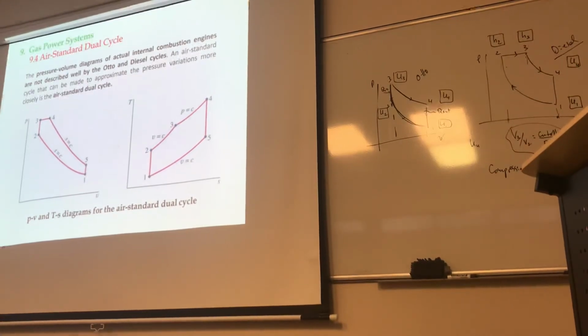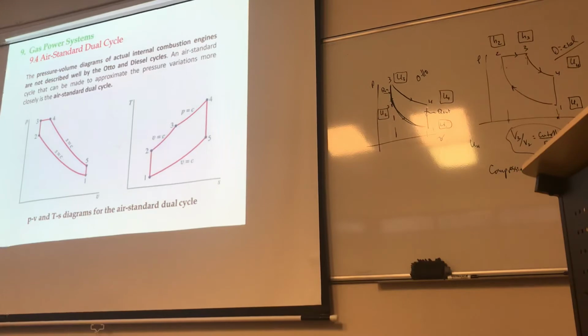Okay? So you're doing this part here. It says the pressure-volume diagrams of an actual IC engine, which is the one I'm referring to here, are not described well by the Otto or the diesel cycles. I mean, both of them are idealizations, but they don't do justice to a true diesel cycle. So an air standard cycle that can be made to approximate the pressure variations more closely is